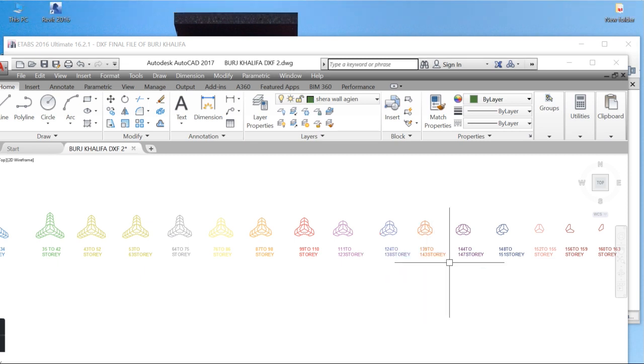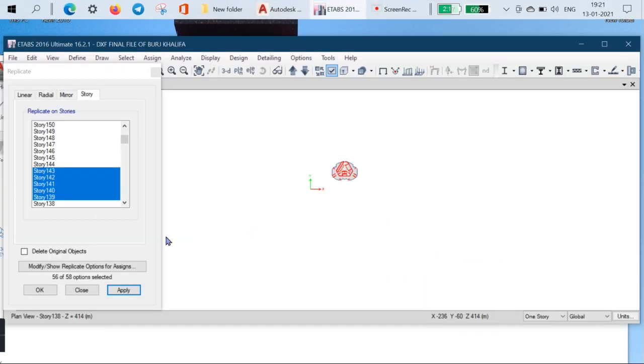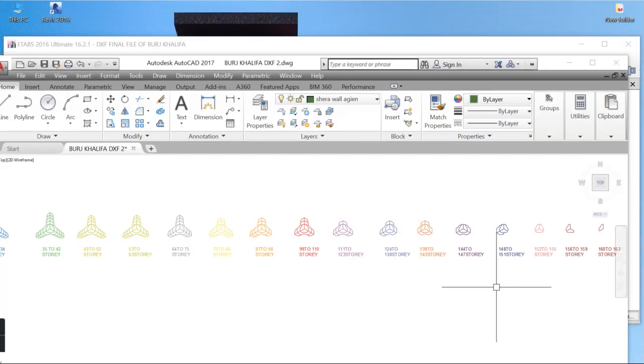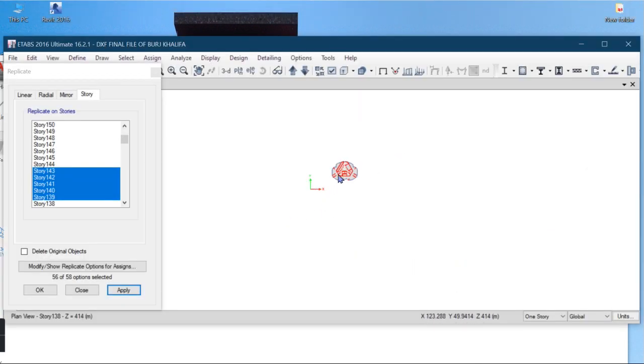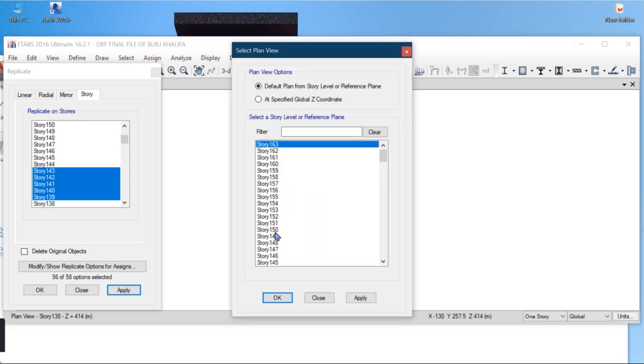So next one is 144 to 147. So you have to delete this 144 to 147. Okay, you have to replicate it as it is. So go to the 143 to 147. Go to here 143